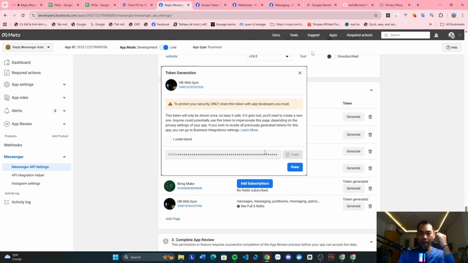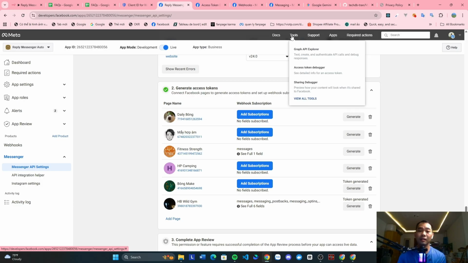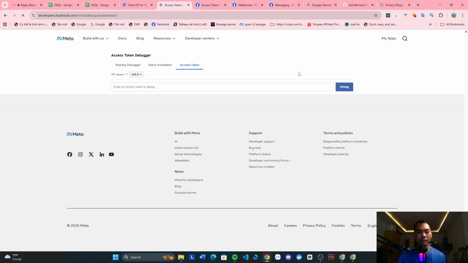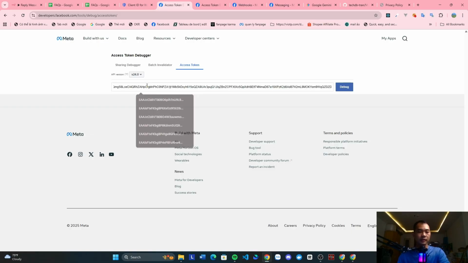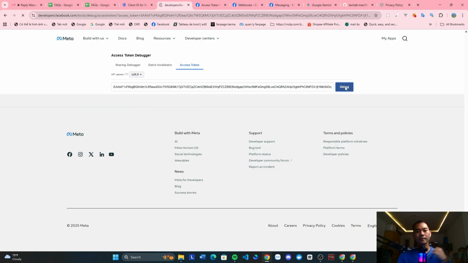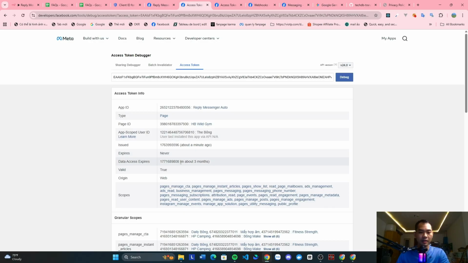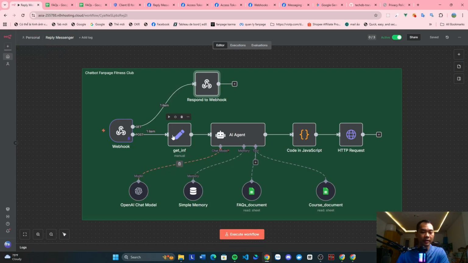Copy it, and to transform it into a long-term token, you'll need to access the access token debugger. In this case, I've already debugged it beforehand, so this access token already has a validity of 3 months, and if you don't have it yet, you'll continue to debug right here, and then you'll take this page access token and paste it into the